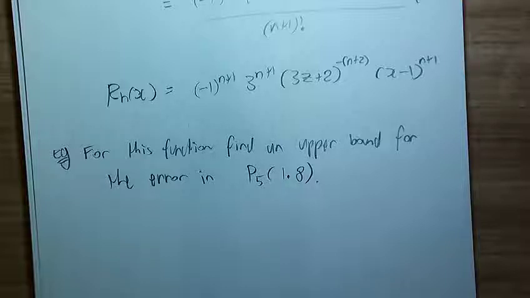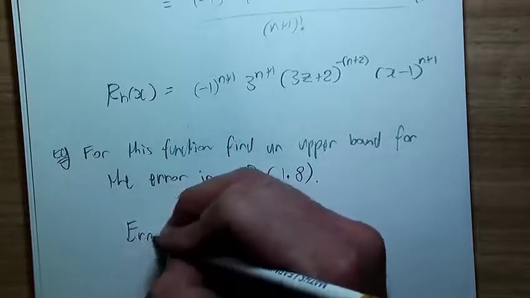Now, note it doesn't say remainder. So the remainder could be positive or it could be negative, depending on what the x is, depending on what the n is. But the error is the absolute value of that. It's just the positive thing. So the error